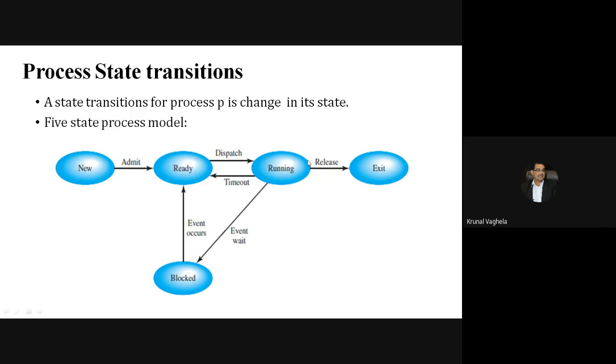We have already seen the 4 ways. So either of these 4 conditions will occur. So it will release the CPU and the program will exit. So this is the 5 state model. In your exam, it may be asked, right? Draw the 5 state diagram. So you need to draw this diagram and you need to explain. Only if it is asking only to draw the diagram, you need to draw this diagram with all these events, right?